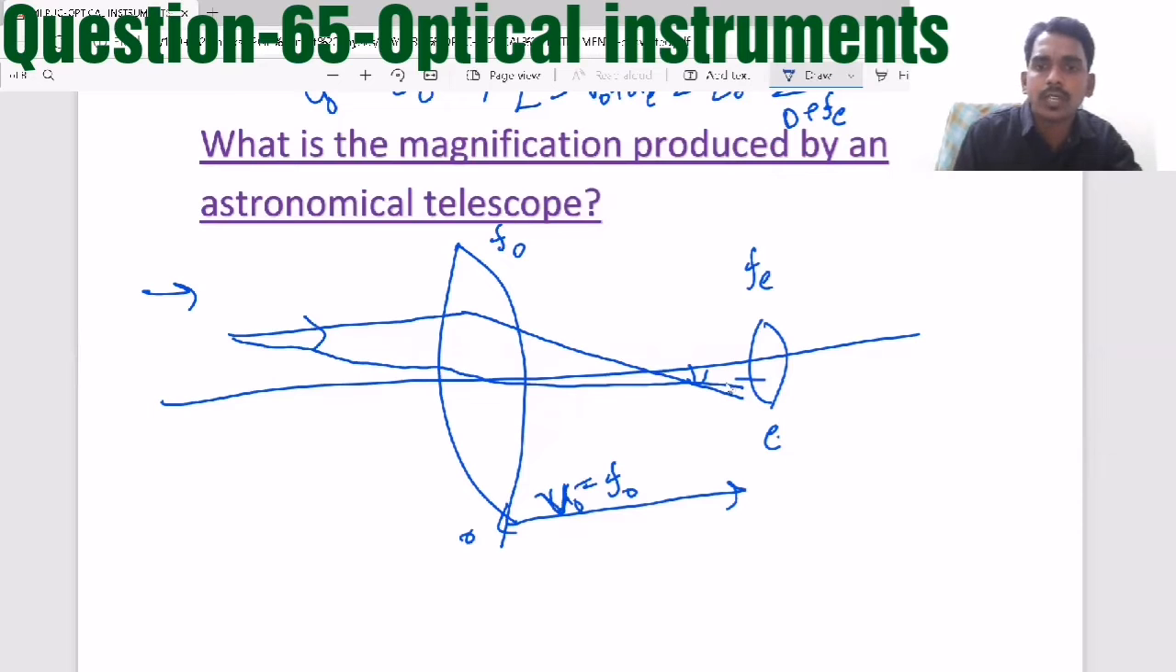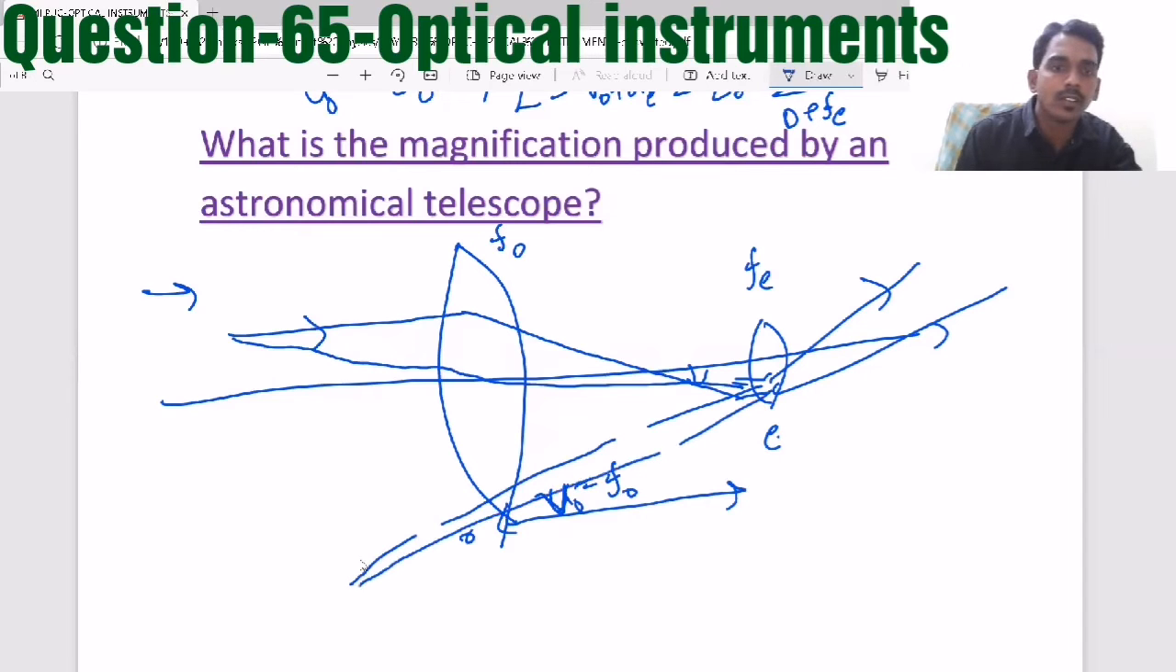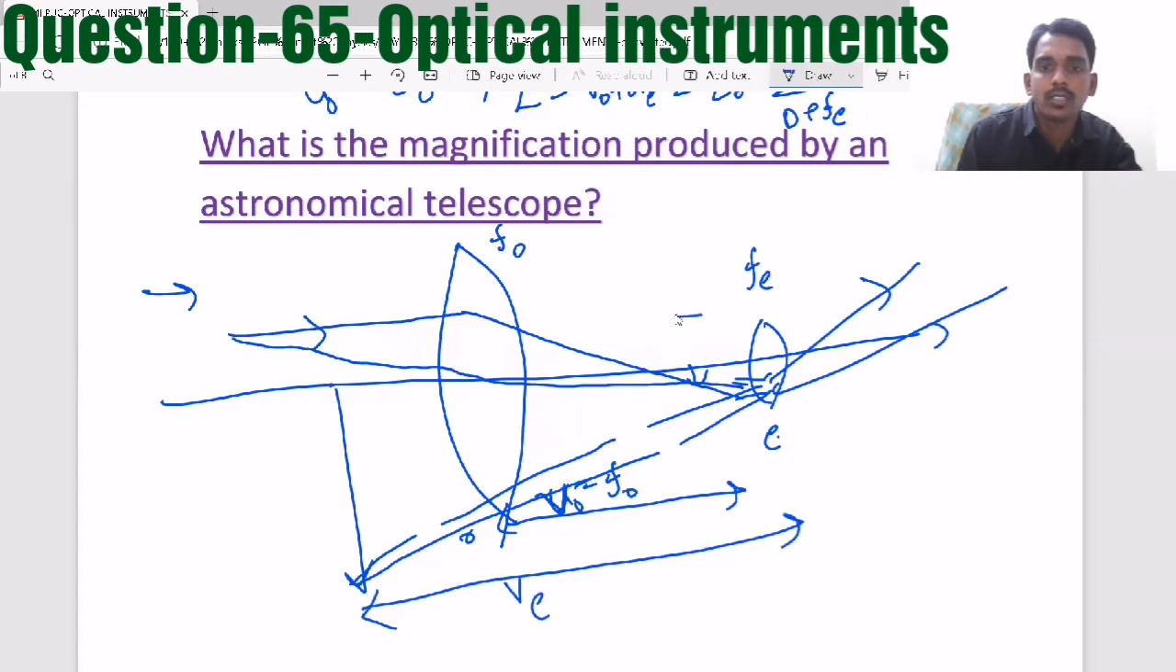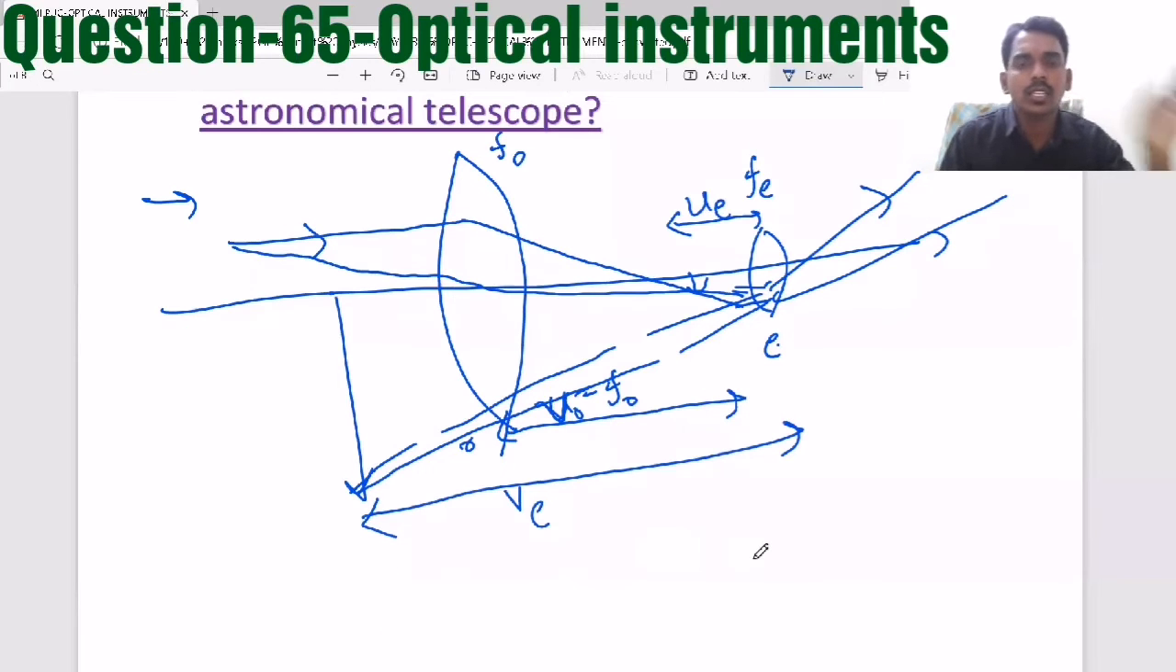Now this will act like the object for this one. So that undergoes refraction and the final image will form somewhere. So this is the final image at a distance VE. Now this is the object for the eyepiece that we will take as UE. So here, when we consider